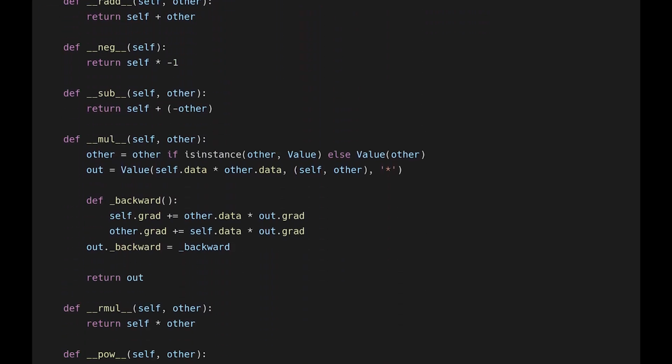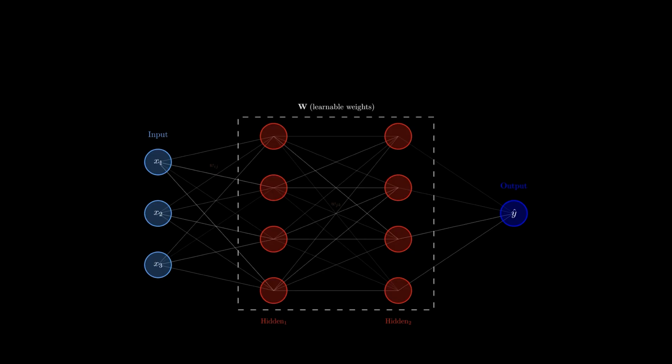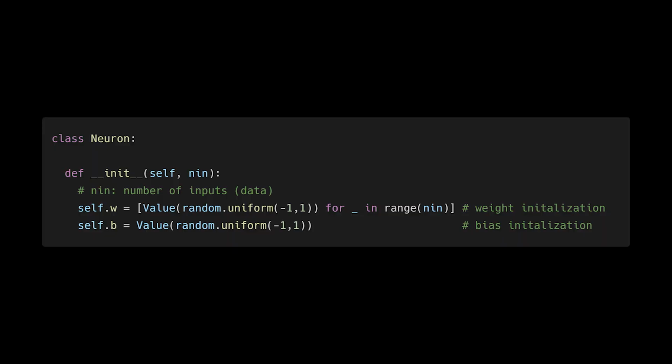Now that we have the tools to build complex mathematical expressions, we can start building neural networks. As we know, neural nets are just a specific class of mathematical expressions. We will build a multi-layer perceptron. Let's start with a single individual neuron. We already built one before, but now we will implement one that also follows the PyTorch API and its neural